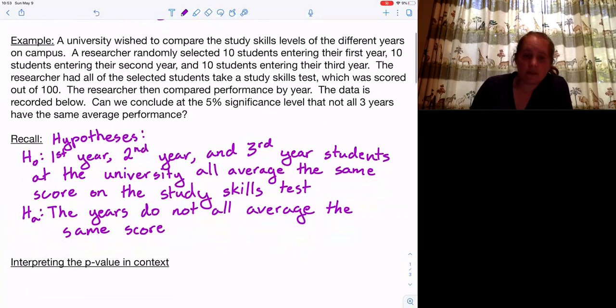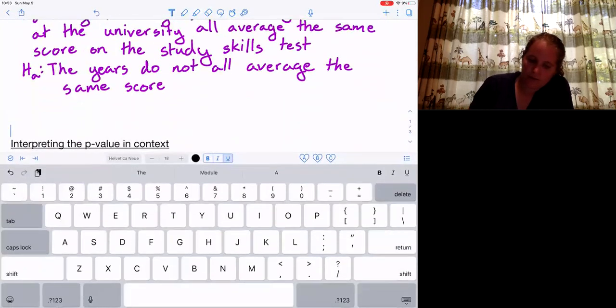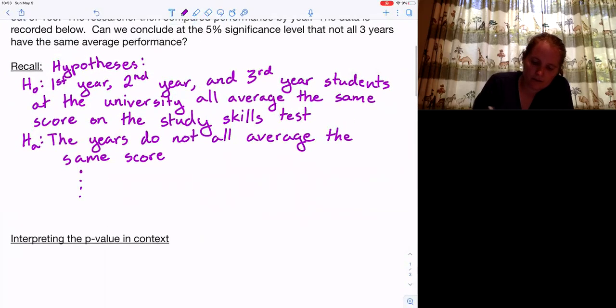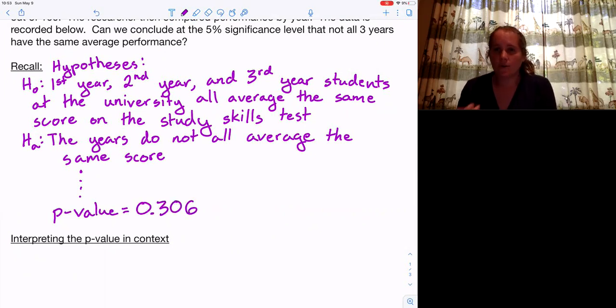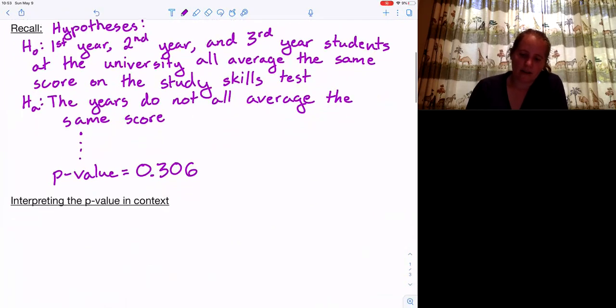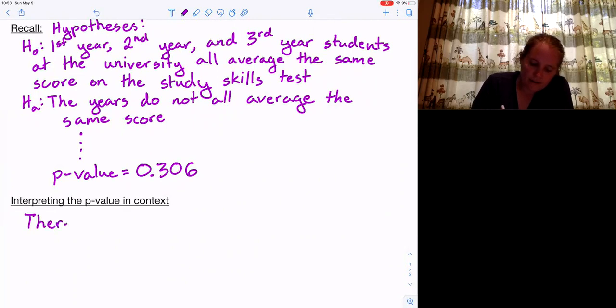Then in the previous video, we had seen the p-value. There was some work in the background, two pieces, but we found a p-value of about 0.306. So again, putting this in context, what the p-value is saying is there is a 30.6% chance